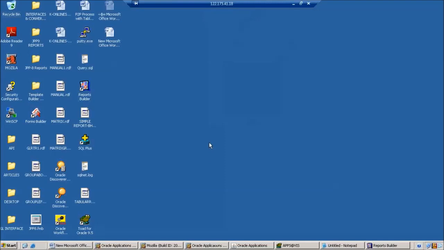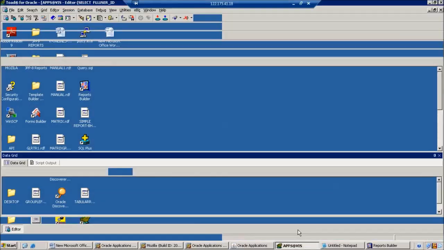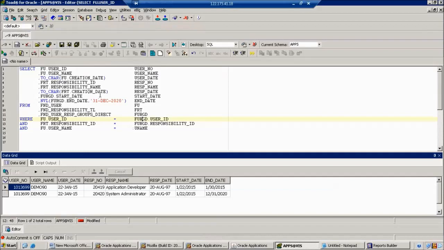So in this entire class hour, which area do we feel is difficult? Developing the query only, right? Once the query is completed successfully, how much time does it take to design the layout?